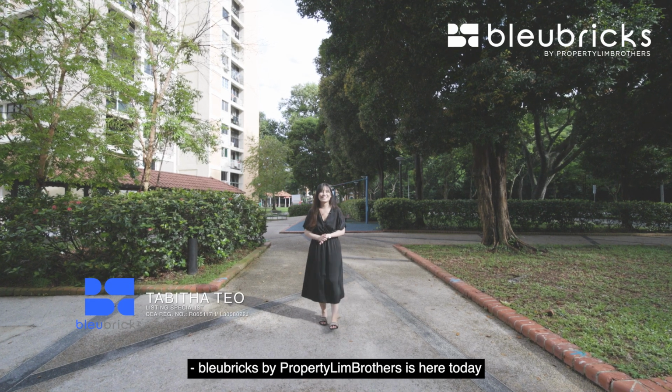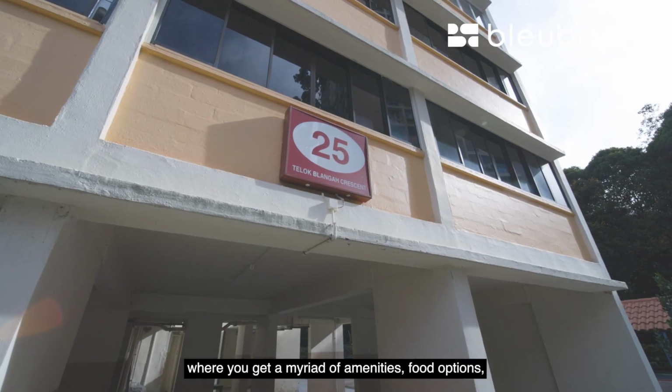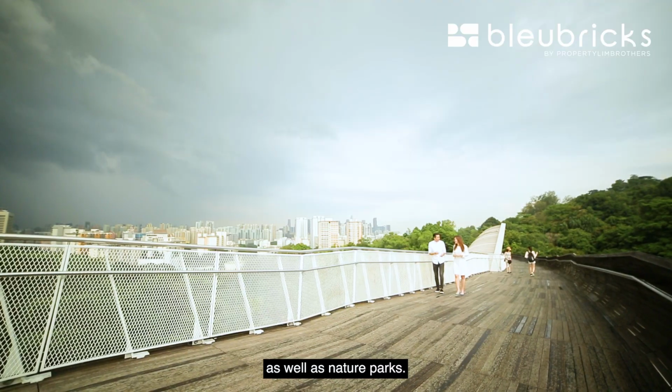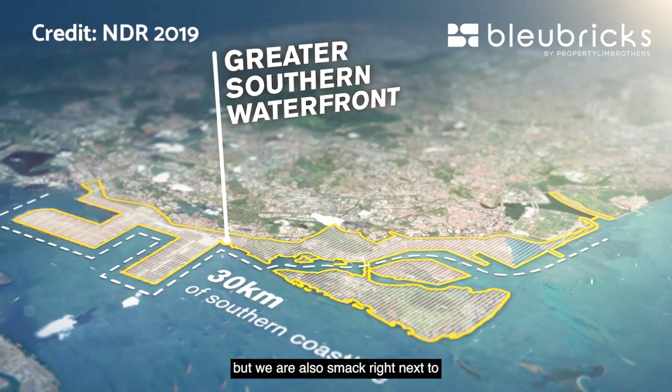bleubricks by PropertyLimBrothers is here today in District 4 at Telok Blangah Crescent, where you get a myriad of amenities, food options, as well as nature parks. Not only are we well connected by trains, buses and expressways, but we are also smack right next to the